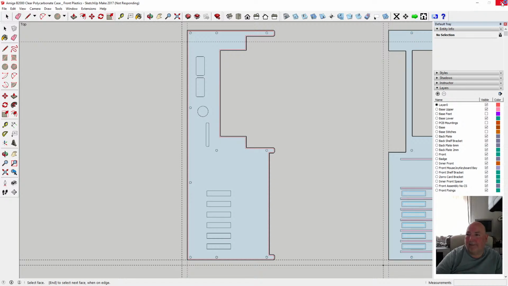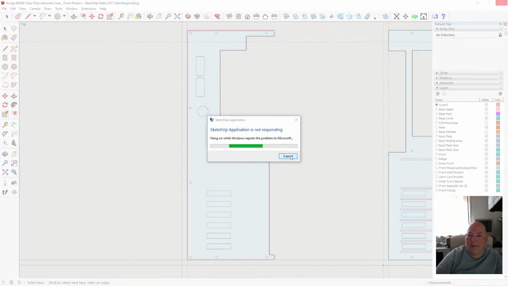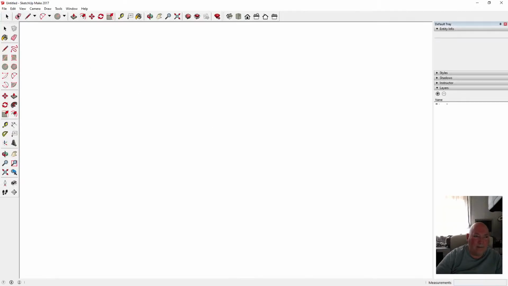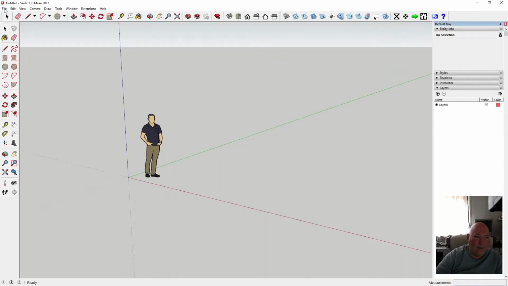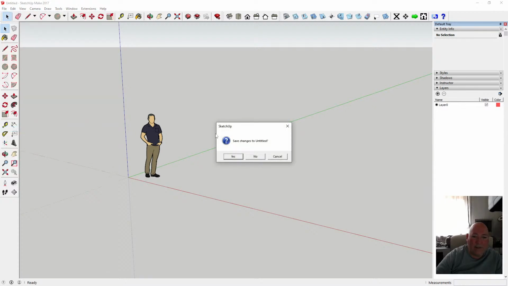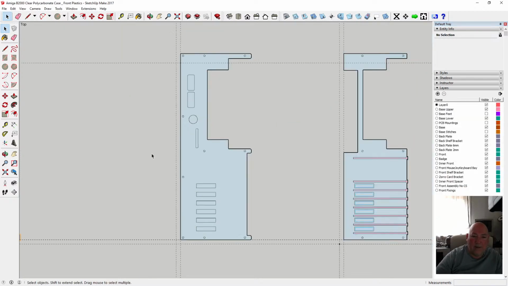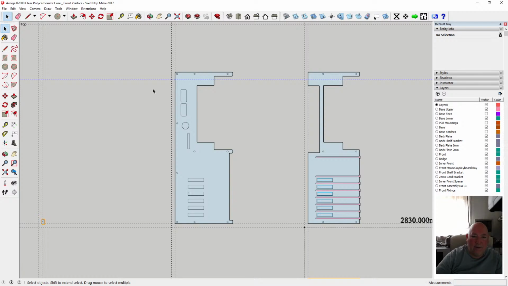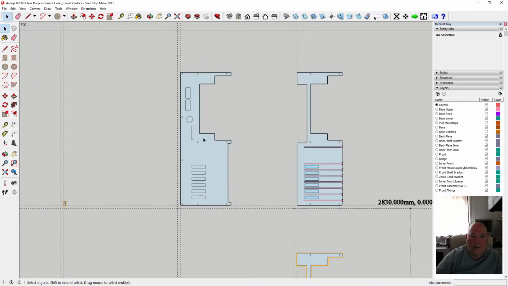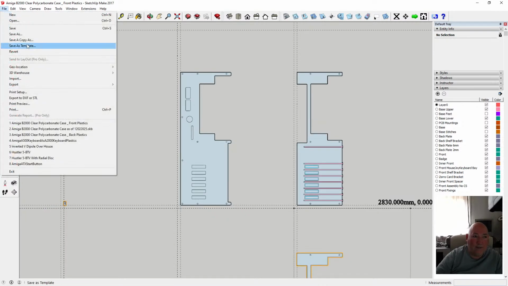Right. Okay, I'll tell you what I'll do. I will save it. I'll open it up. I'll just say I'm trying to keep it all in one file. This figure's annoying as well. Right, so load the plastics up. I seem to have that back again as well. Right, so what I'll do is save as